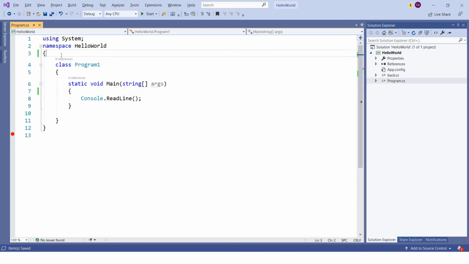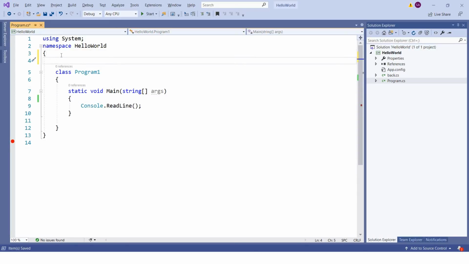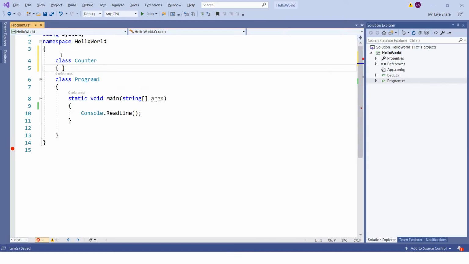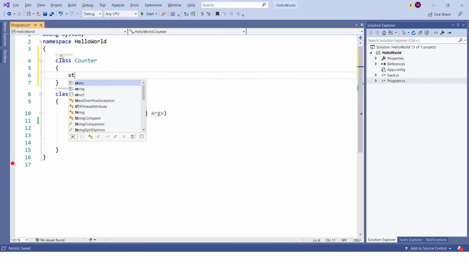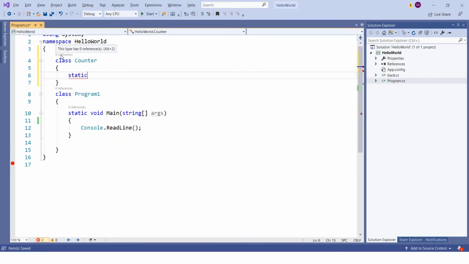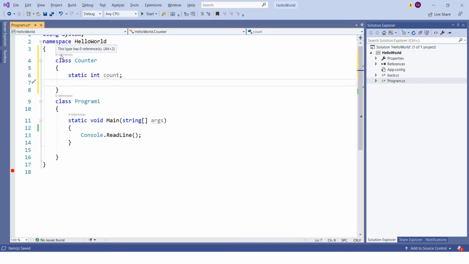So let me try to write one program. Let's say I want to have a class Counter. Within this, let's say I have a static int count, and one function which will be returning this value, int GetCounter.